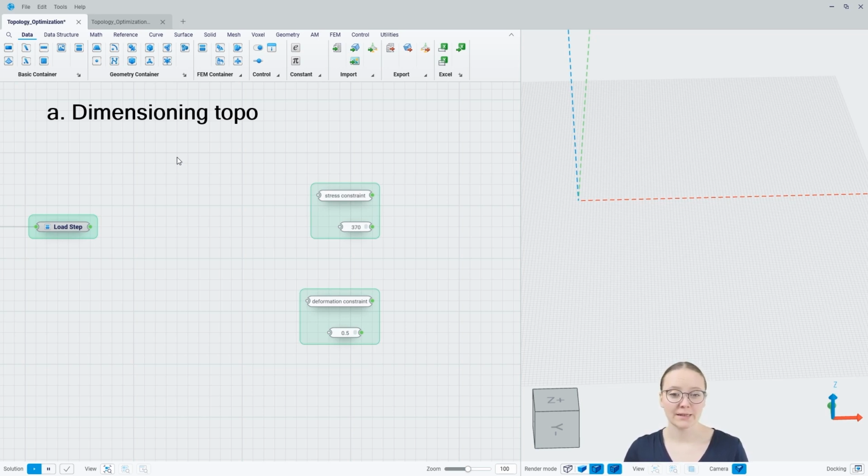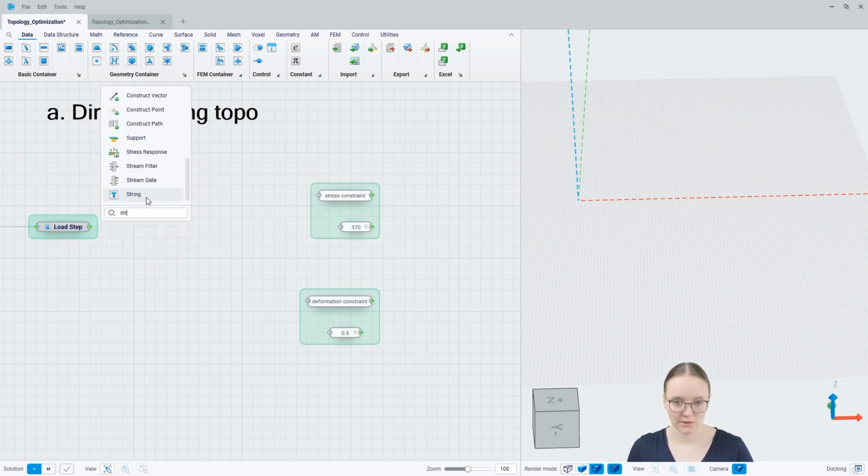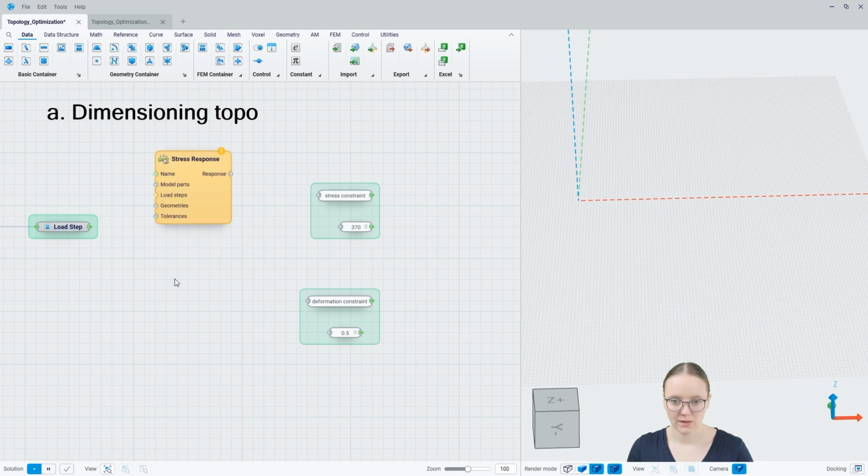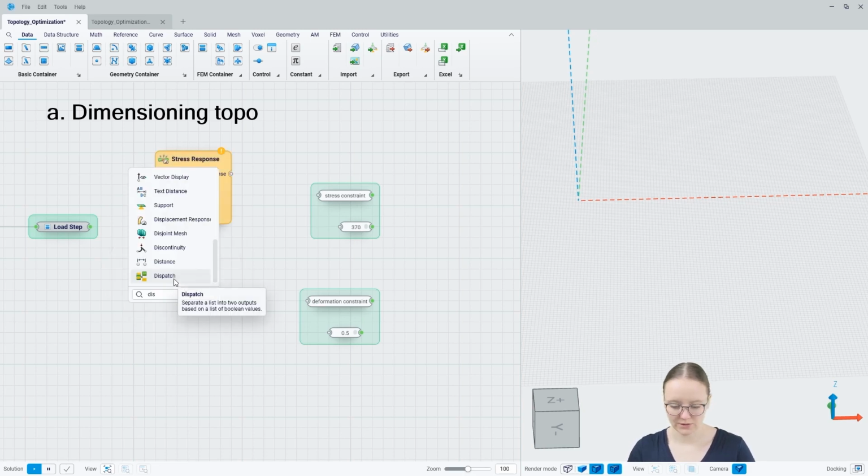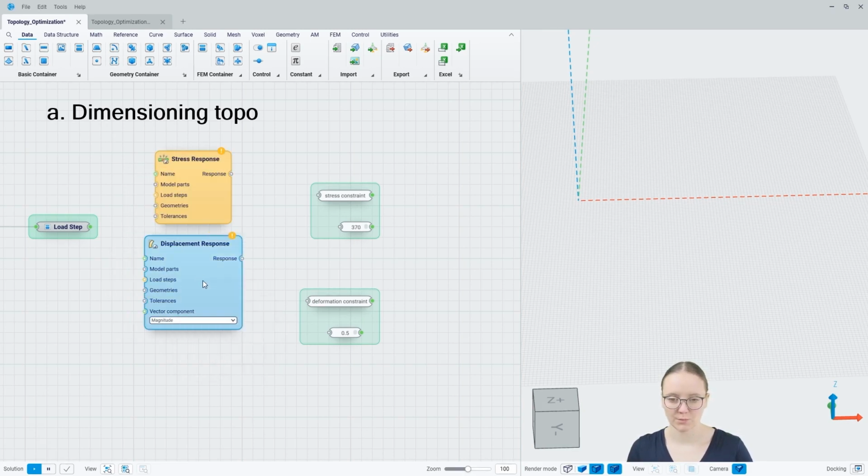However, a great advantage is that we can directly convert the topo result back into a solid body using the quad-remesher topology reconstruction process. So we will use the stress response and the displacement response component, plug in the load